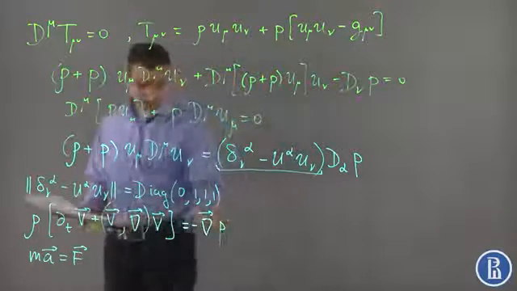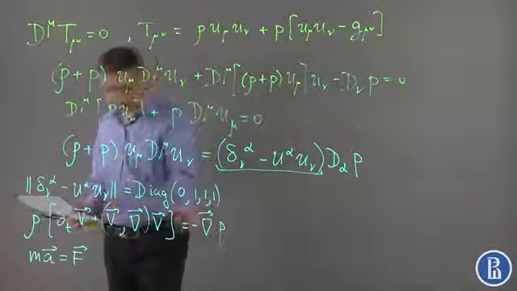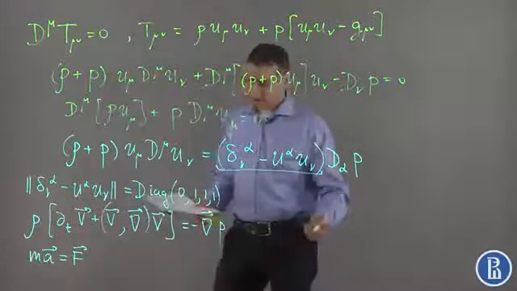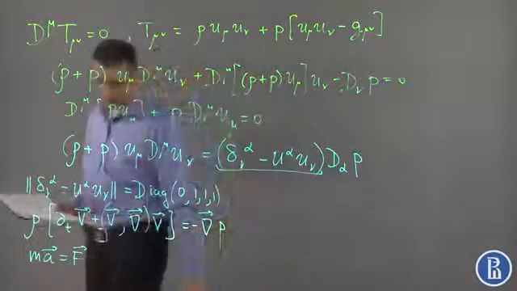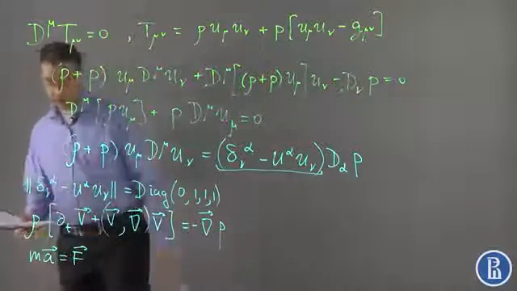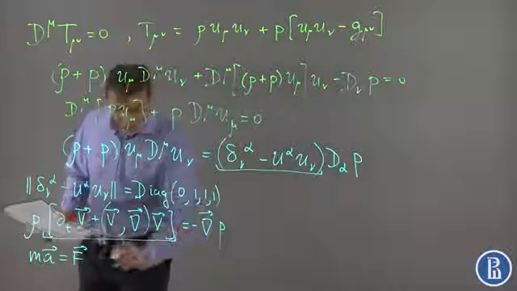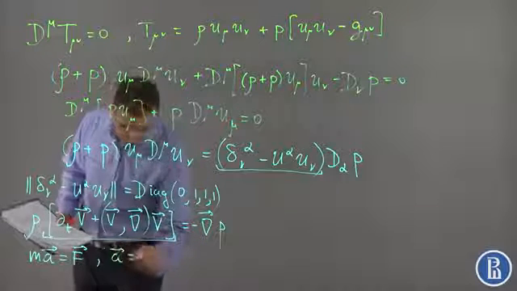Indeed, if we divide both sides of this equation by volume, and recall that pressure is the force per unit area, and this is mass per unit volume, and this is nothing but acceleration, which is dv over dt,